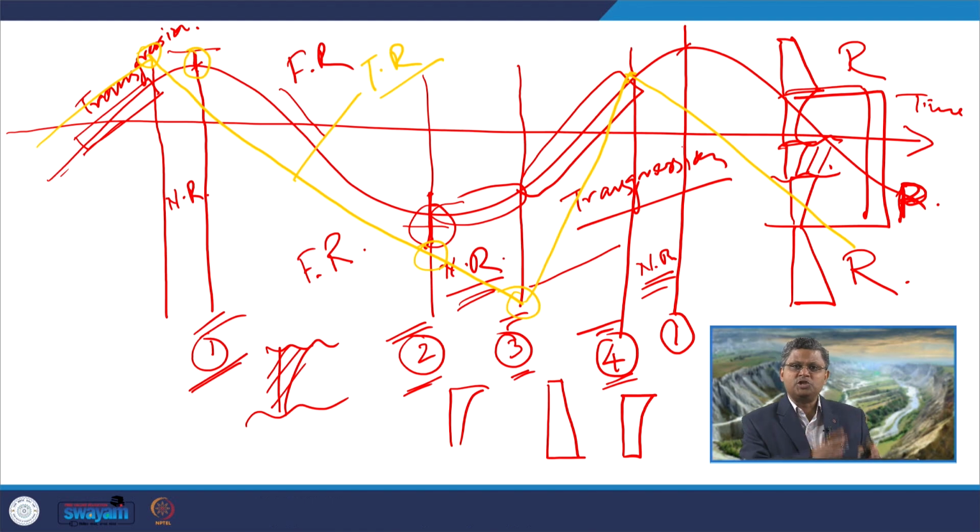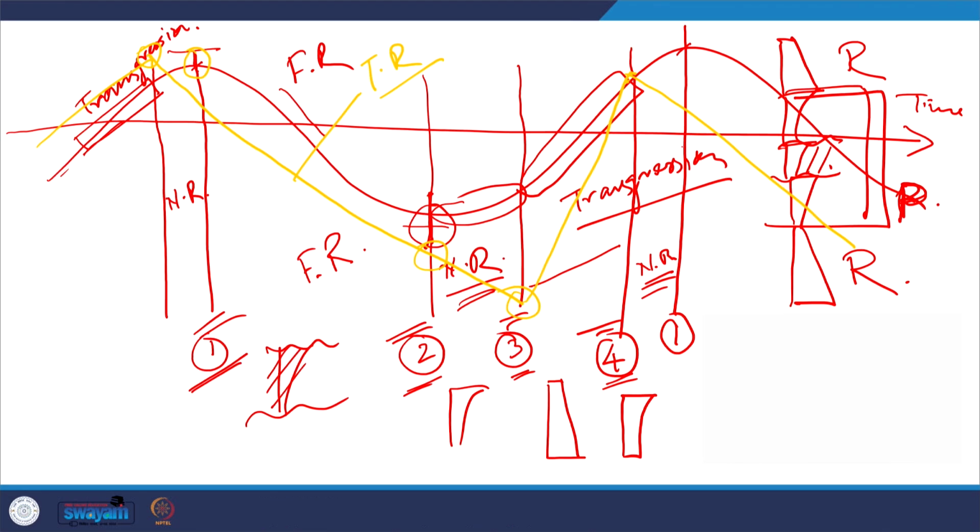So, this changeover from transgression to regression, reaching to the peak of the transgression, changeover into the regression, followed by normal regression, forced regression, again another normal regression, and then again changing over to transgression. This changeover during ideal base level fluctuation is the key for identification of the sequence stratigraphic surfaces and other elements like system tracts. So, when we talk about these 4 boundaries, the first one, that is the onset of forced regression, onset of base level fall at the shoreline.